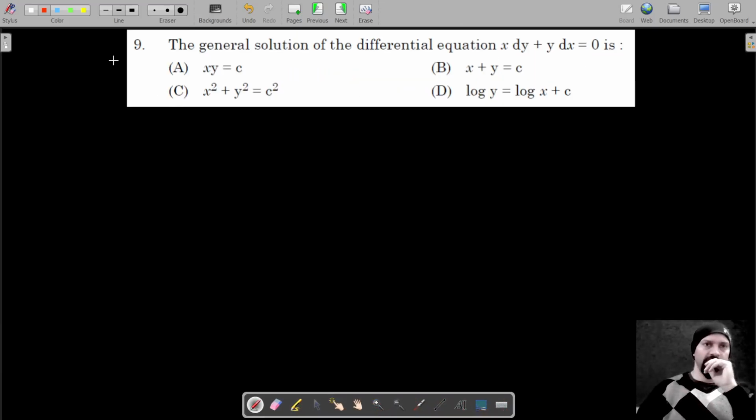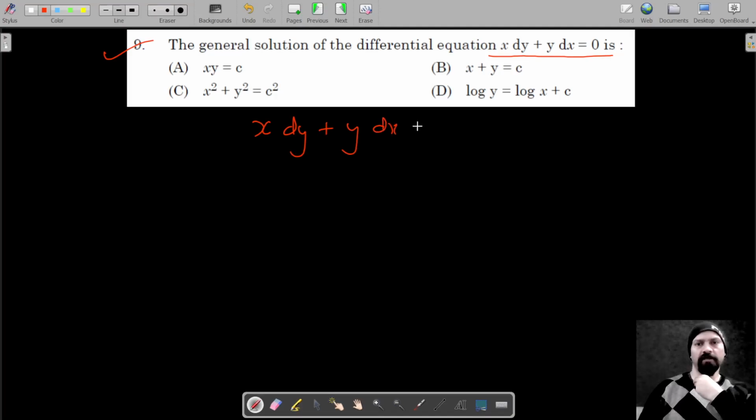Okay, for question number 9, we have to find the general solution of the differential equation given. Our differential equation is x dy plus y dx is equal to 0. We can easily separate the variables in this case. So y dx is equal to x dy, which gives us